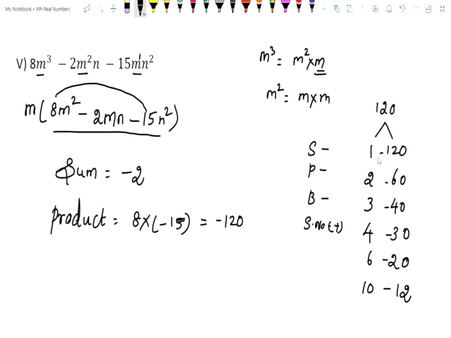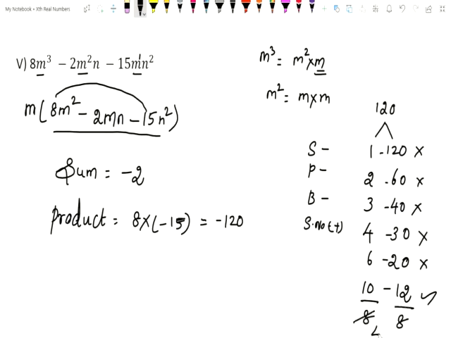So, where is it possible, children? Here it is not possible. Here also it is not possible. Minus 30 plus 4, you get minus 26, so it's not possible. Here, minus 14 you will get, not possible. But see here, you are getting minus 2. Minus 12 plus 10, you get minus 2. So, this is apt for this polynomial. After finding the factors, we need to divide by the coefficient of m square. Here, the coefficient of m square is 8. So, divide by 8.